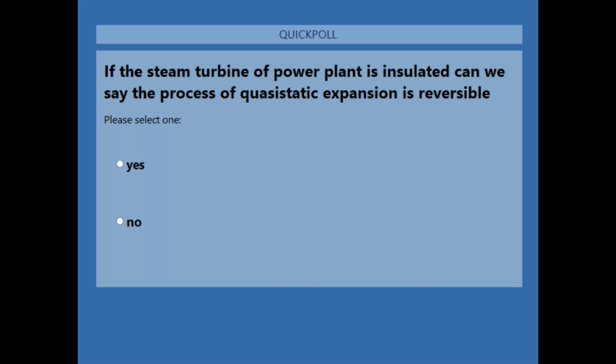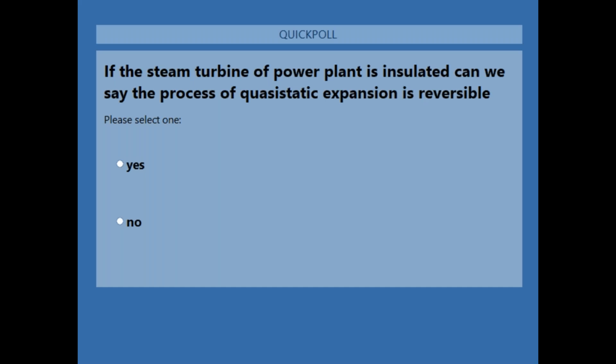Please note that even if you are insulating the steam turbine, in an actual steam turbine, because in most of the power plants, if you go and see physically, you'll find that the steam turbine is insulated. Insulation has to do with the heat losses. So by insulating the steam turbine, we are making sure that there is no heat loss, but we are not making sure that there is no friction, right? So there would be friction, and because there is friction, the process would be irreversible. There is dissipation, and hence the process would be irreversible. Are you getting the point? So the answer is